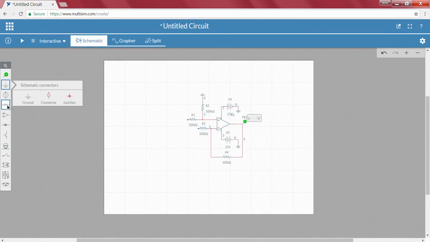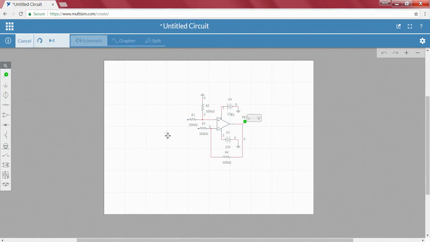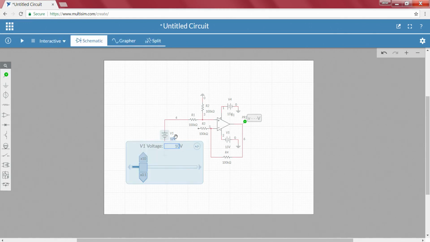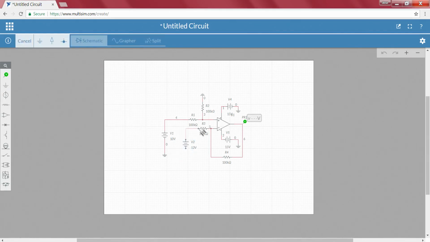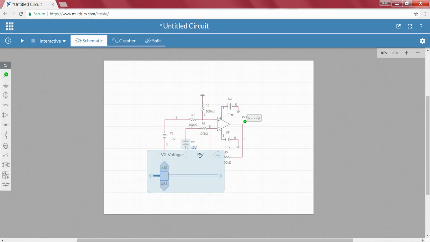I will take V1, connect it here, and make this ground. This should start from 10 volts. Then I should take one more voltage source, a DC source, connecting it here, and this should be ground. Now we will start from 10 volts and this value at 2 volts.